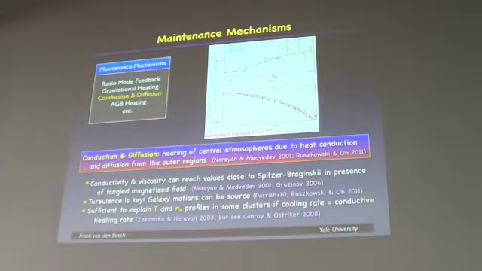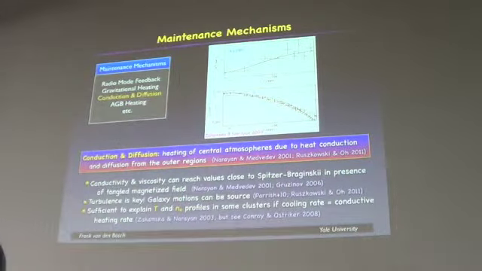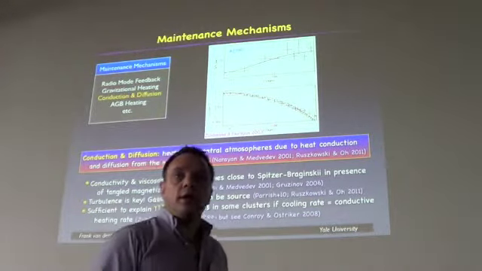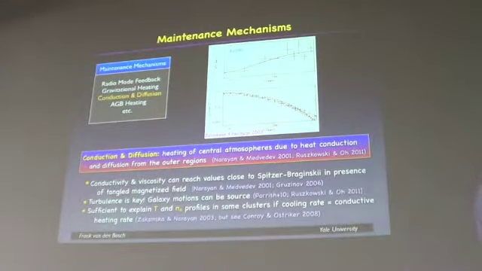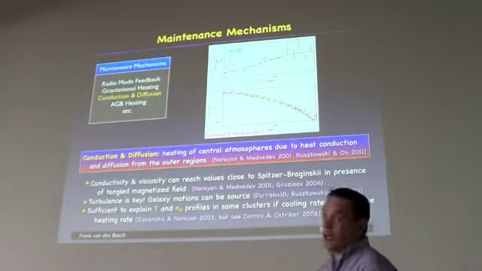The problem has always been that we believe, or we know, there are magnetic fields in this ICM, and they're probably tangled. Original calculations had suggested that if you have a tangled magnetic field, the conductivity is going to be reduced to about 1/100 or 1/1,000 of Spitzer. But then a paper by Narayan and Medvedev showed that it's probably completely wrong, and that it is actually close to 1/3 Spitzer. And if you can actually reach conductivities of 1/3 Spitzer, and similarly,